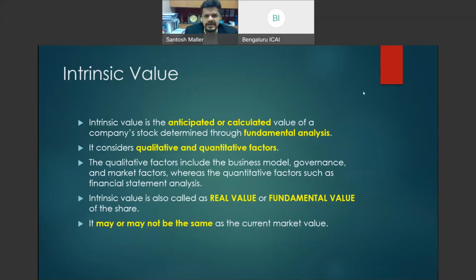Current market value is the current quoted value. Market value is, as I said earlier, an interplay of demand and supply. Today, for example, what happened? One of the reasons why people say that there was a stock market boom since the last few months is because in the COVID scenario, many of the matured economies like the US and Europe distributed money to their people. They not just distributed money to their people, but also the corporates, by way of a dole out, because of COVID-19.